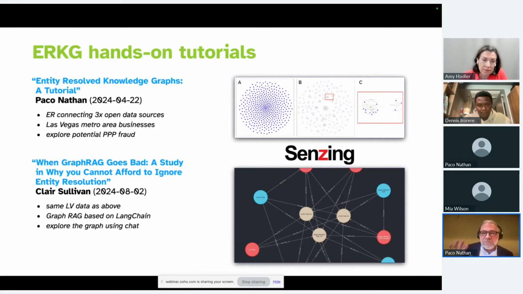And in Las Vegas, there were some really egregious examples. So in the open data, you can actually track some of this fraud and see where things may not look quite right. You can also get a lot of other insights about businesses and how they're organized by using a graph. So we've got code out on GitHub. We've got these tutorials showing if you have structured data, how would you build a graph with it? And then how to use, say, GraphRAG downstream.